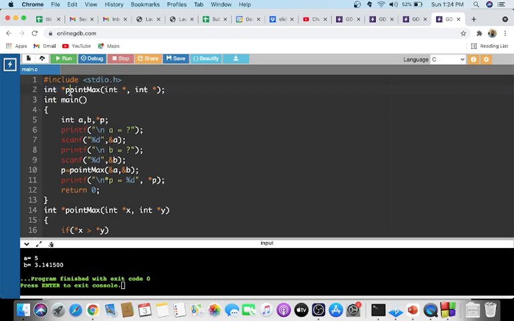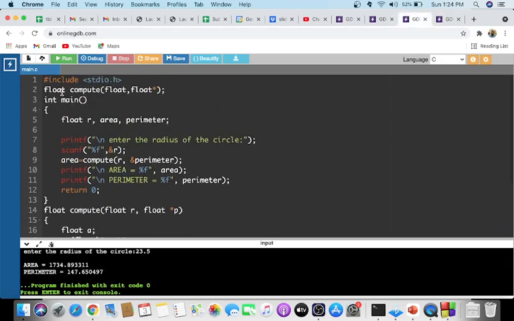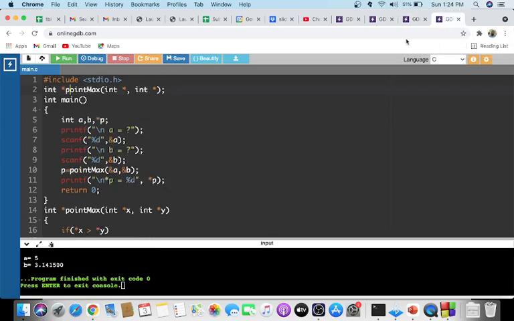That is why int star. In the previous example, if you see, there is no star here, you are returning the floating point value. So area, a floating point value, will be returned. But you can return a pointer also from a function. So here this is the prototype declaration. So you will be using a star here. If you are using simply int, you will be returning an integer value, but you have to return a pointer to an integer variable.